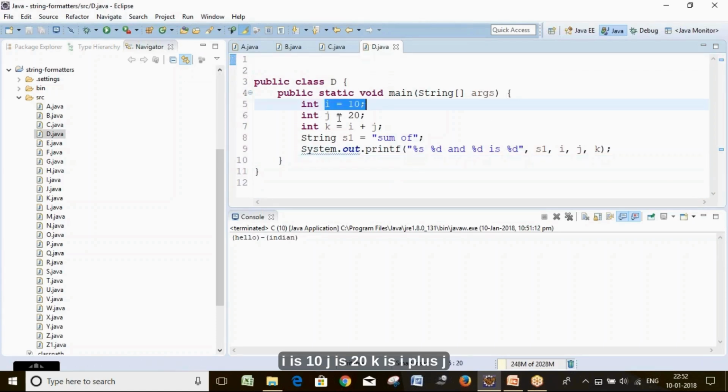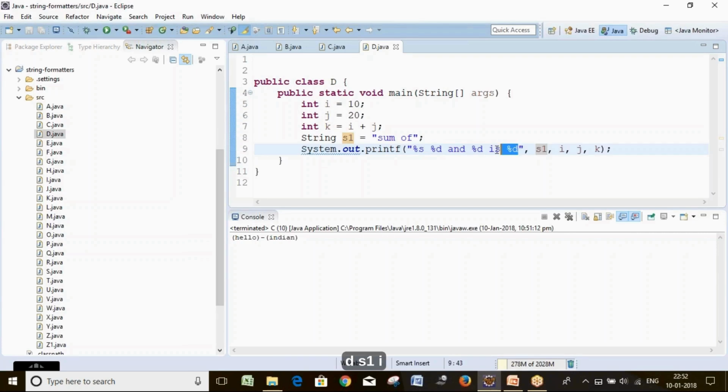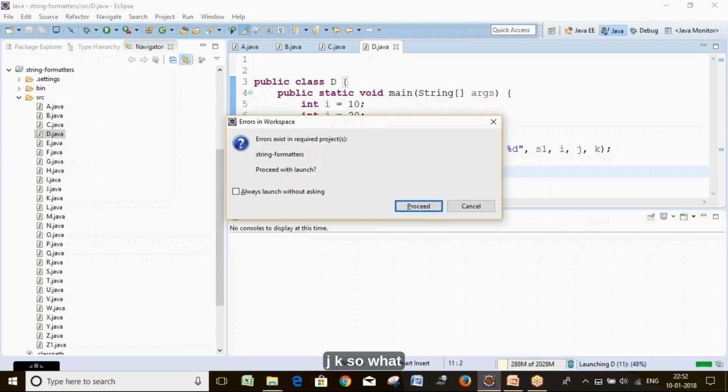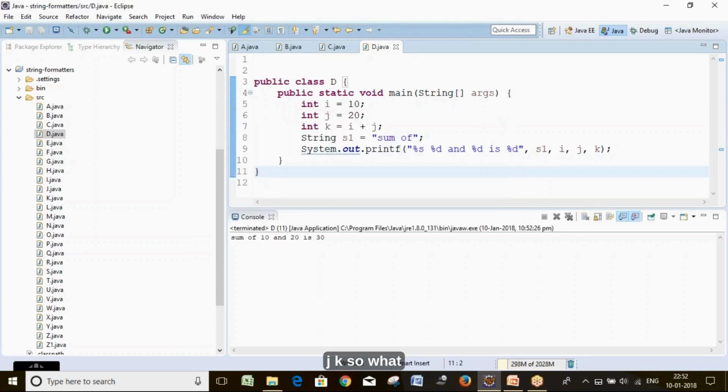Now here i is 10, j is 20, k is i plus j, s1 is "sum of". So here %s, %d, and %d is %d, with s1, i, j, k. What will happen here?